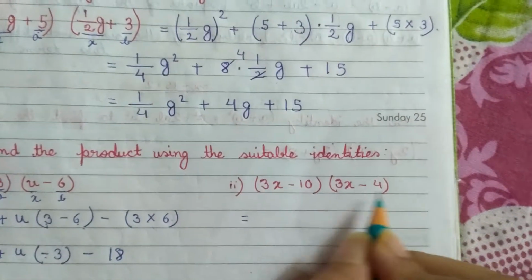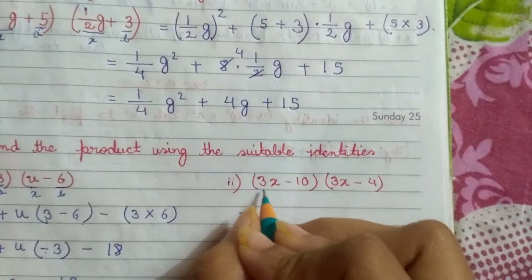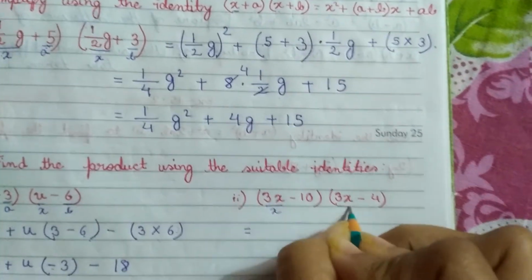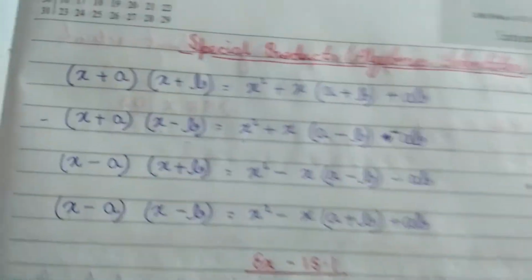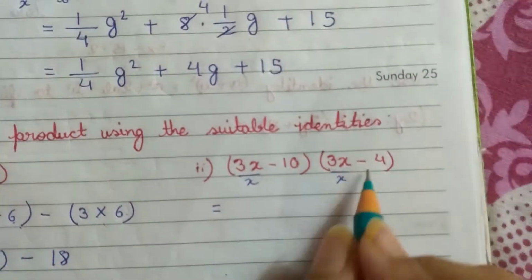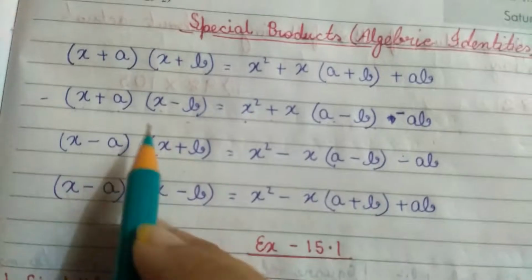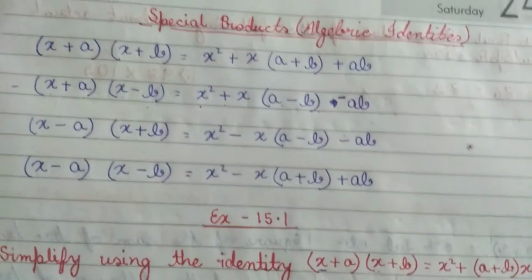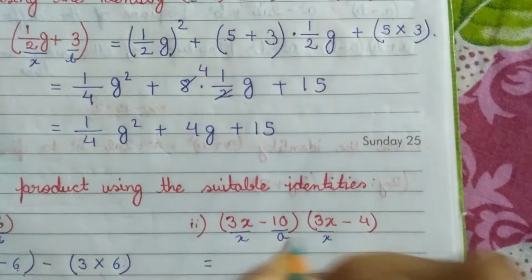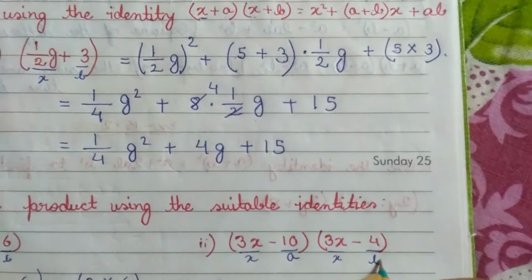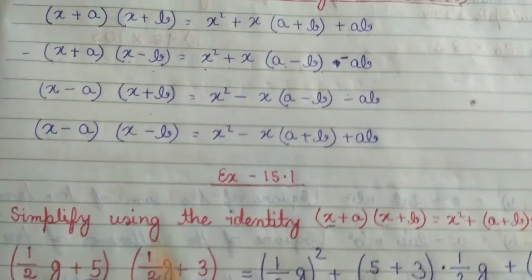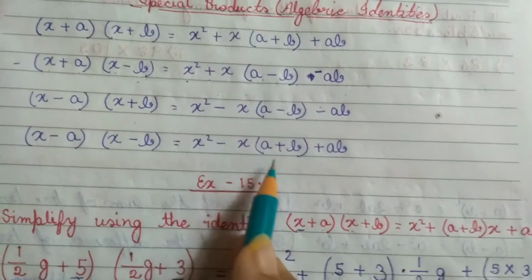(3x minus 10)(3x minus 4). Now see, 3x is common, so we will take it as x. But which identity will we use? Both are minus in sign, so just compare it. Both are minus in sign. So the first one is A, 10 is A and 4 is B. Second one is B. Now you have to put the formula, that is x square minus x (A plus B)